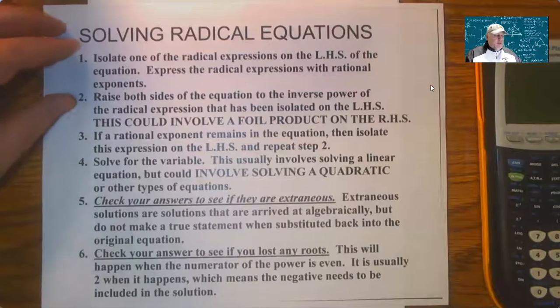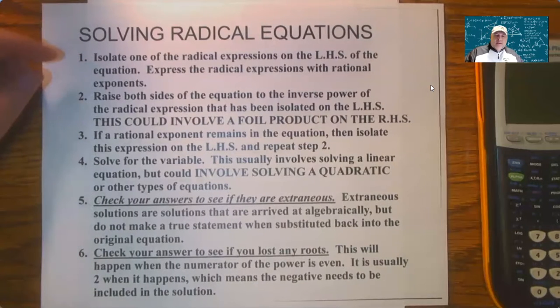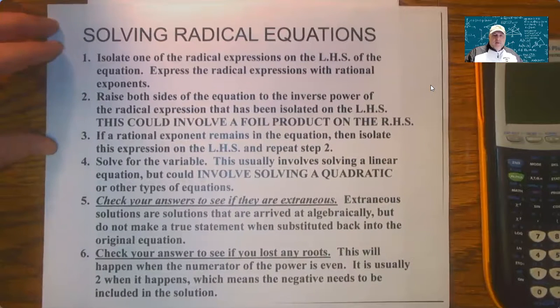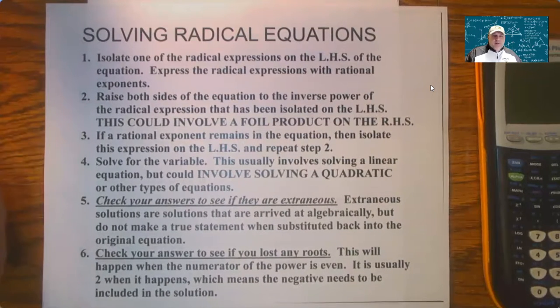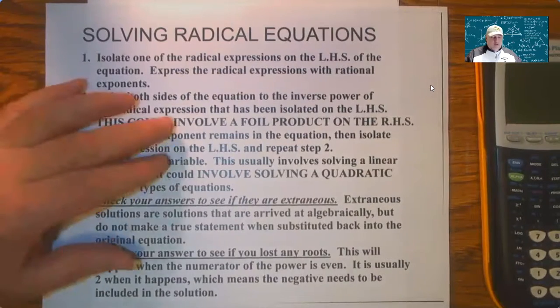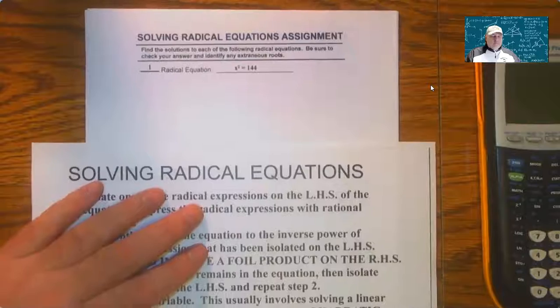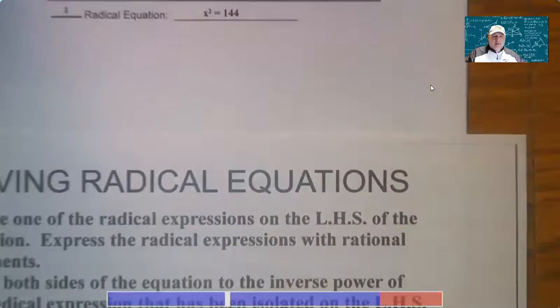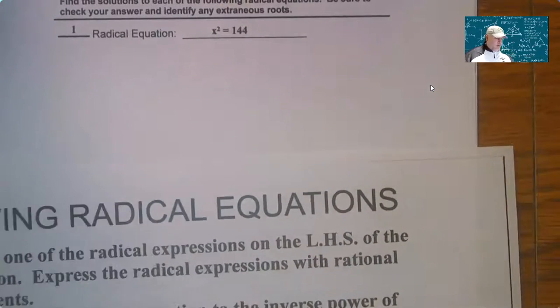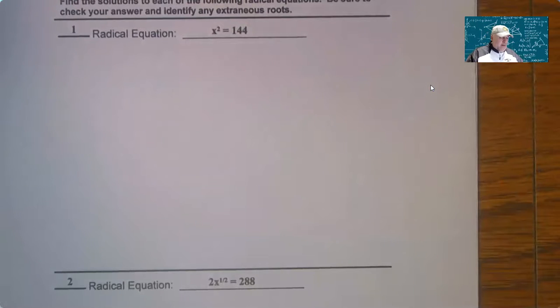This is the first assignment for quiz 8 in the second trimester in Algebra 2B. So you want to read through this list about how to solve radical equations, especially 5 and 6, because sometimes you have extraneous solutions and sometimes you lose roots when the numerator power is even. So as you look at that original equation, for example, on the first one here, you see that that numerator power is even. So as you go to do the solution, your calculator will not tell you that solution, so